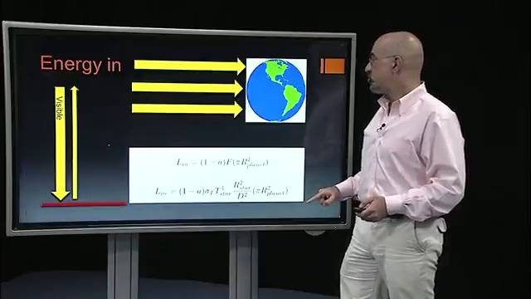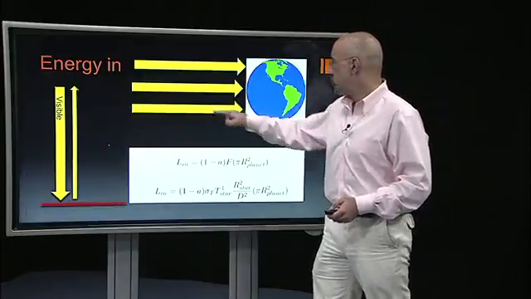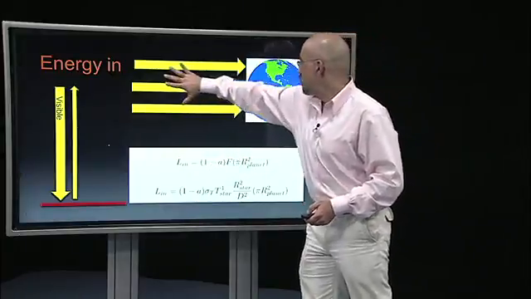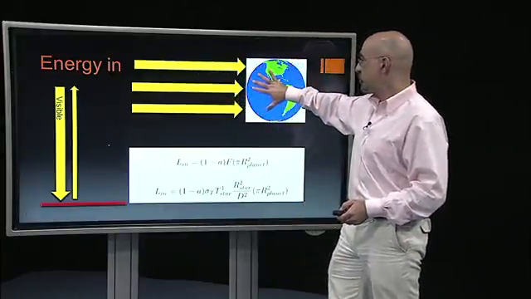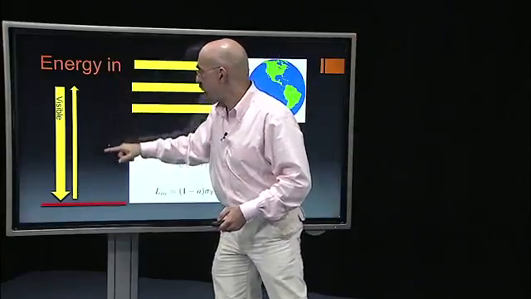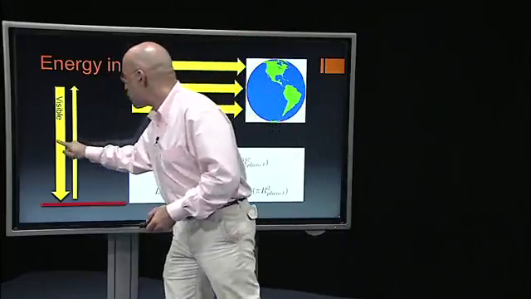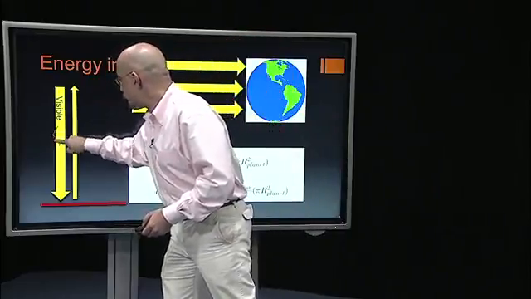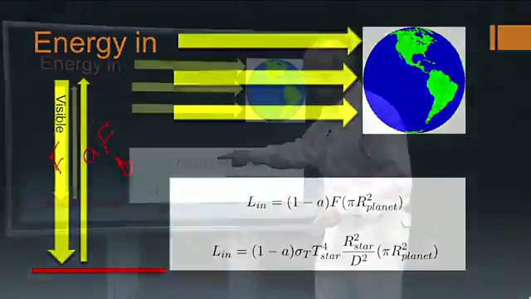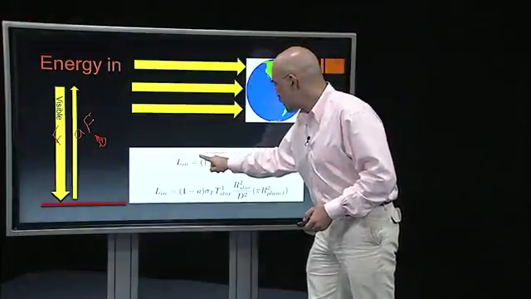So now let's look at the energy that comes into the Earth. Well, the energy in is going to equal the amount of light that hits the Earth's surface minus the amount of light that bounces back. So we have a flux coming into the surface, F, and some fraction that we call the albedo, A, times F bounces back. So the energy in is 1 minus A, times the flux F. This quantity hits